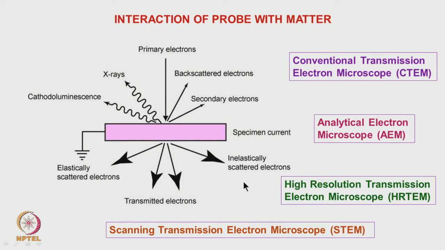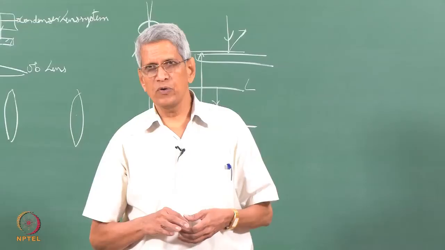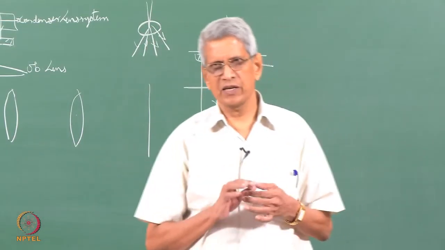So, these are all the ways in which the electron beam interacts with matter, and this has opened up the scope for having different types of microscopes. Now various microscopes are available with different types of configurations like this, and some of them will evolve, but it is always better to have a microscope for each of them, because that is the one which gives the best capability of each technique. So far I talked about various types of signals which are coming out.